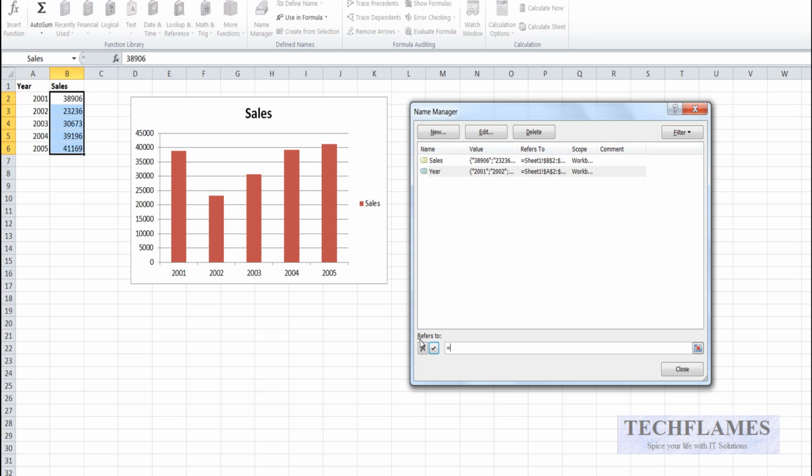I use an OFFSET function. The OFFSET function takes 5 parameters. So I start off by saying OFFSET, open bracket, and the first argument it asks for is the starting point. So I say start from here, and then it asks if you want to change the row position or column position. I say don't change, so I give 0, 0, and then it asks what is the height